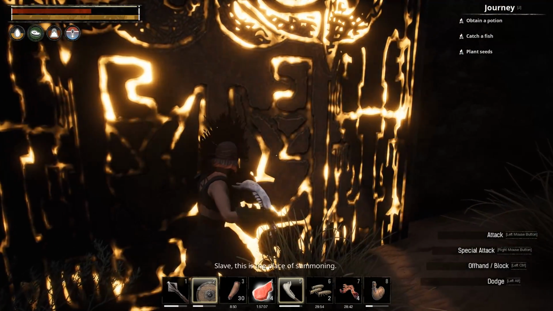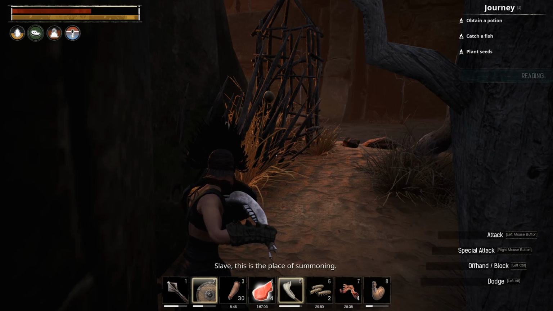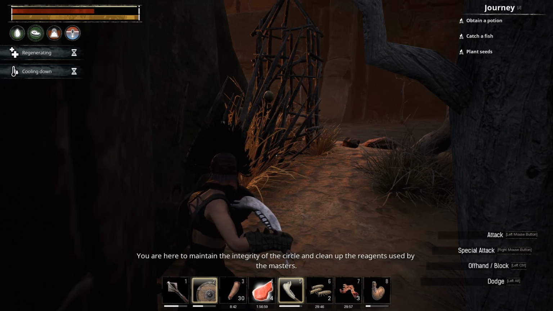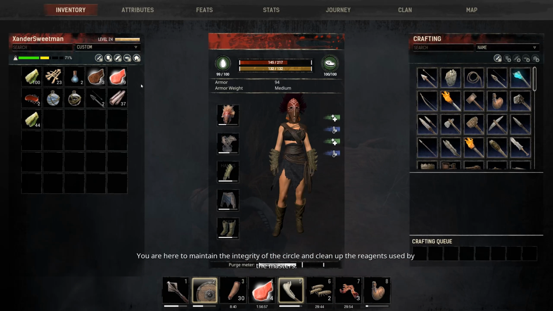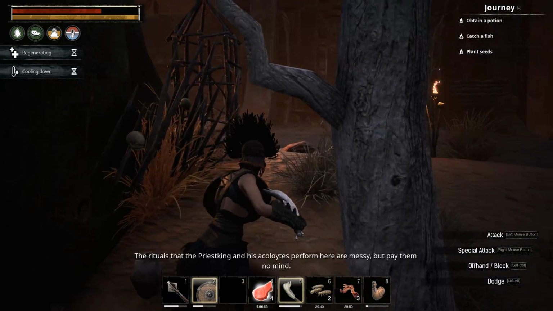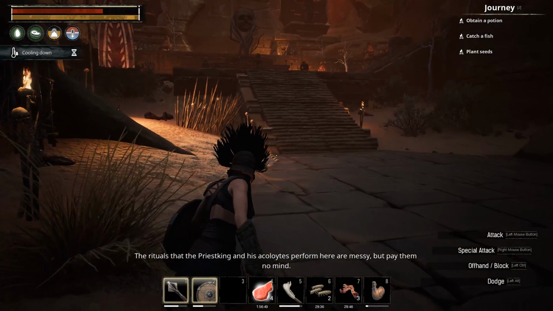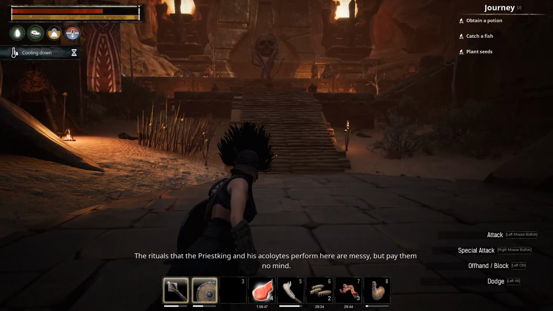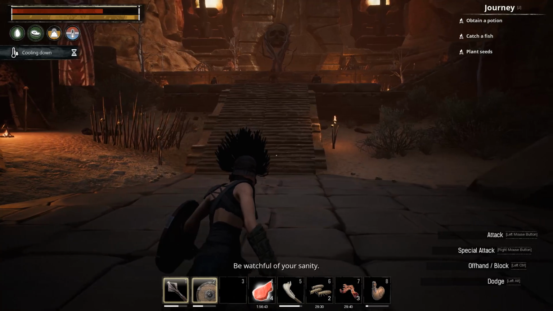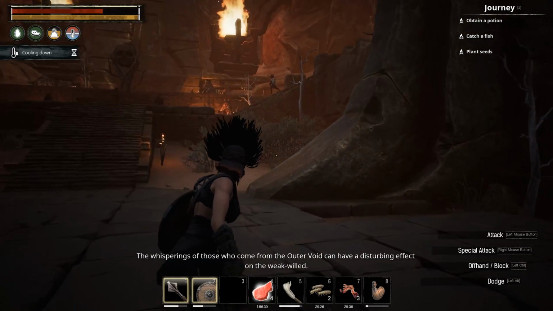No one noticed. Slave, this is the place of summoning. You are here to maintain the integrity of the circle and clean up the reagents used by the masters. The rituals that the priest king and his acolytes perform here are messy, but pay them no mind. Be watchful of your sanity. The whisperings of those...